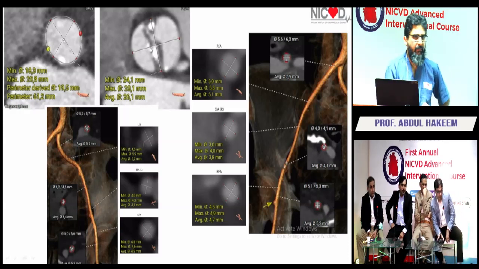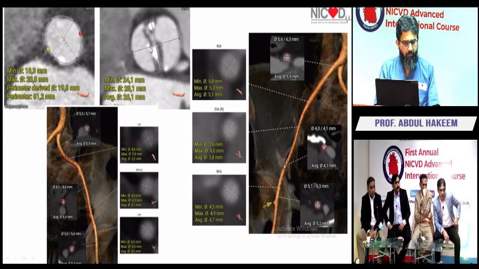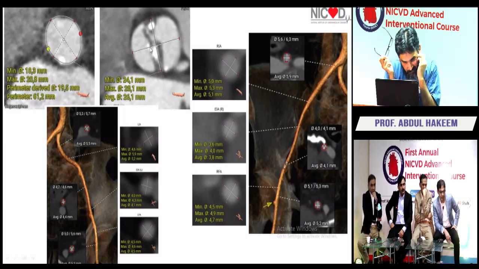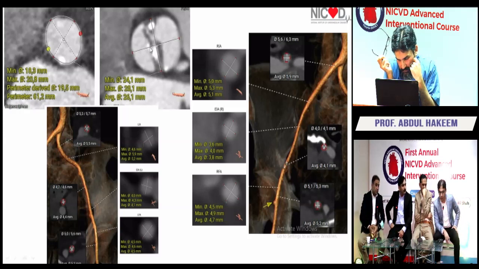Well, it will be a little challenging. Again, a very petite lady, and the vessel sizes are kind of at the borderline. We should have at least 5 millimeter of vessel, and it's touching that boundary. We can attempt that. Talking about alternative accesses, again, just to give you a 1 minute spiel on it,